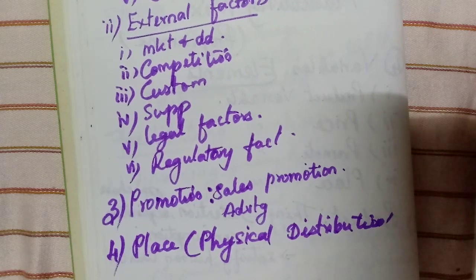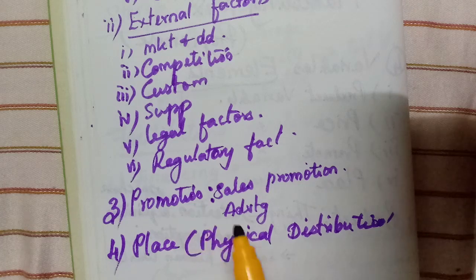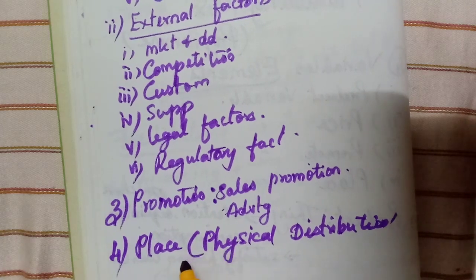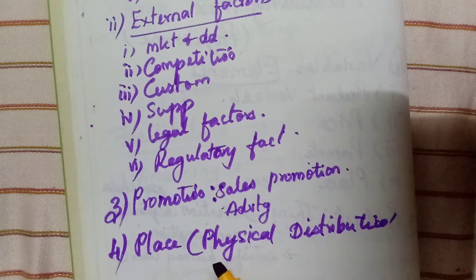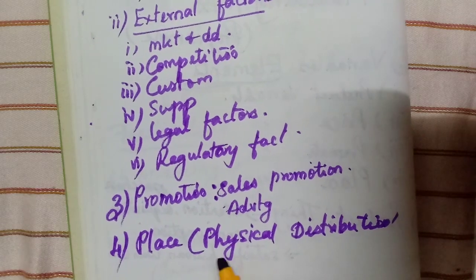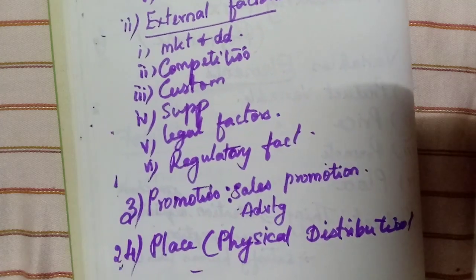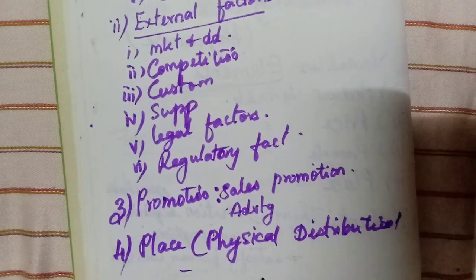Otherwise, if we have done the sales promotion, given advertising very well, the price is fixed, and we have produced a very good quality product, but if we do not transport that particular product to the consumer, it doesn't give any use. So it is very important to transport the goods from the place of production to the place of consumption in order to achieve the desired result. Okay, students,